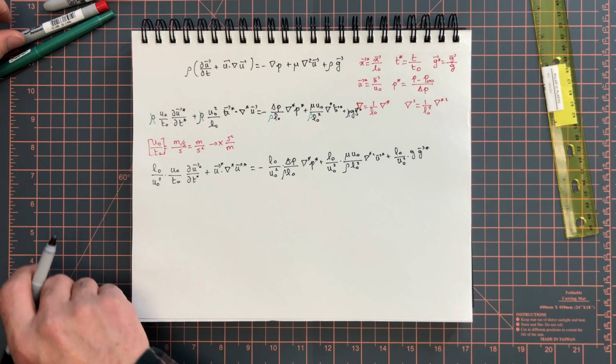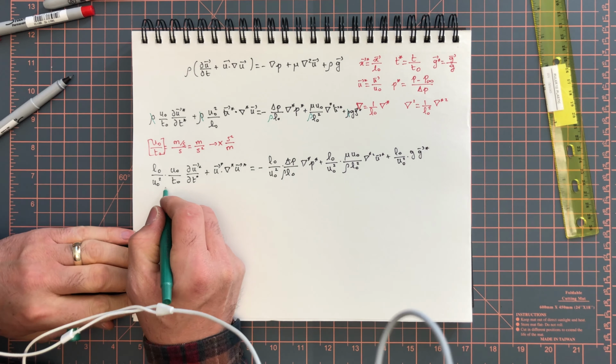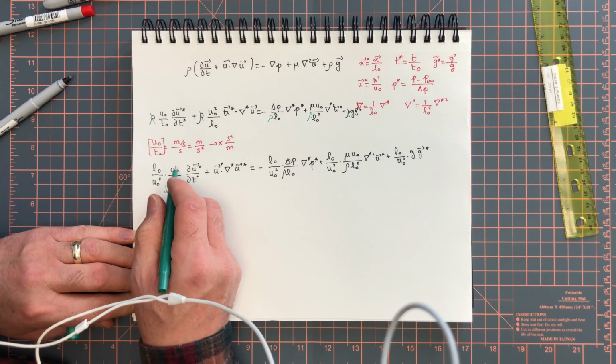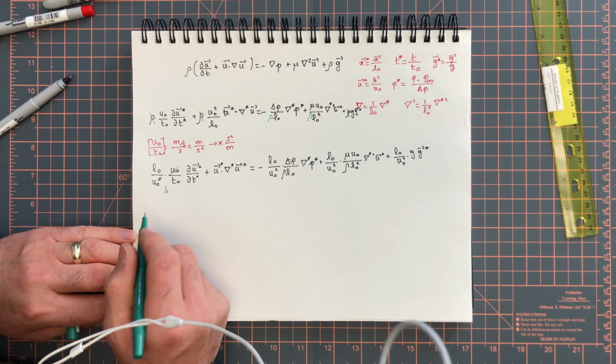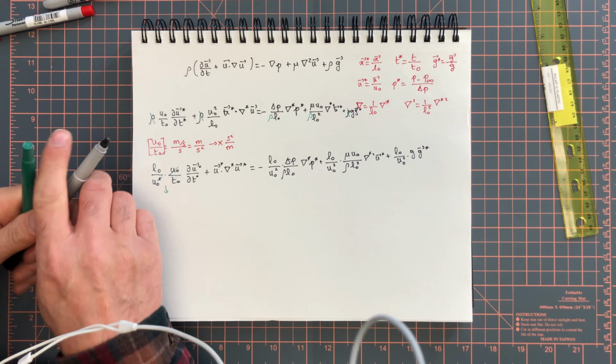So what happens here, this term, let's use green, so we can cancel out U0 and U0, and this term becomes L0